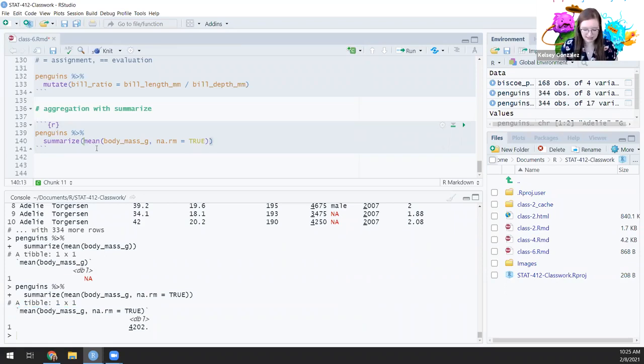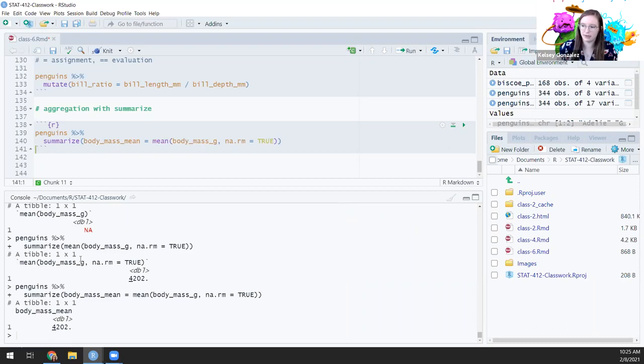Right here, though, you can see I have this really ugly column name. So as with mutate, I can give a new name. So I can say body mass mean equals mean of body mass. So now instead of the ugly name, I have body mass mean is 4,202. We can do multiple of these. We could get the standard deviation, for instance, which would be something like body mass SD. Again, you can name it whatever you want, but that's most explicative for me. Standard deviation is of body mass g,